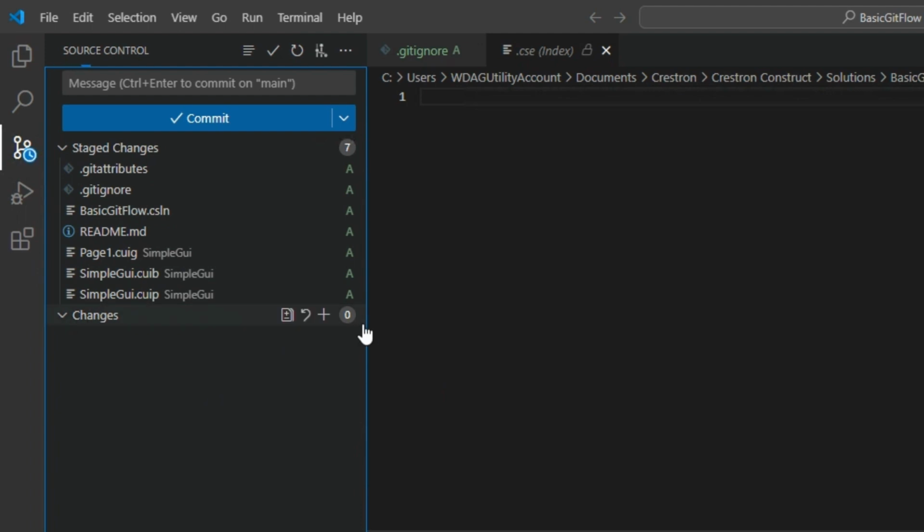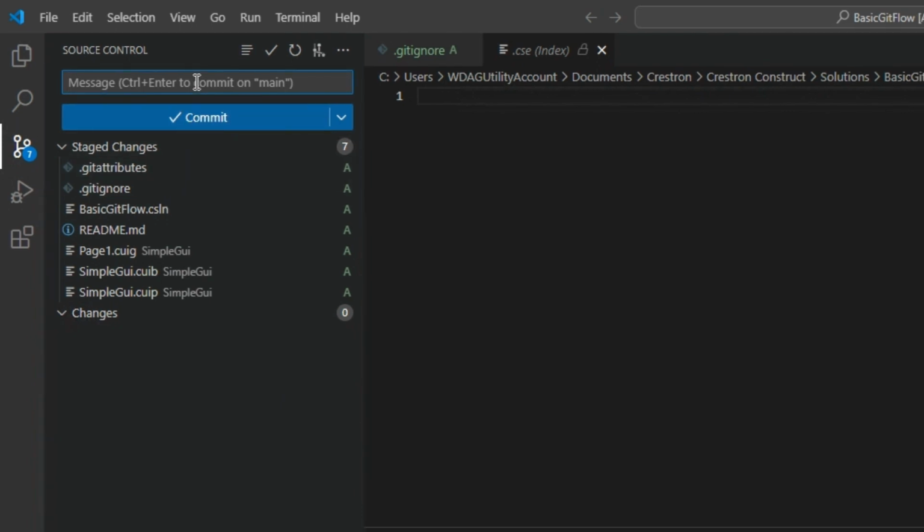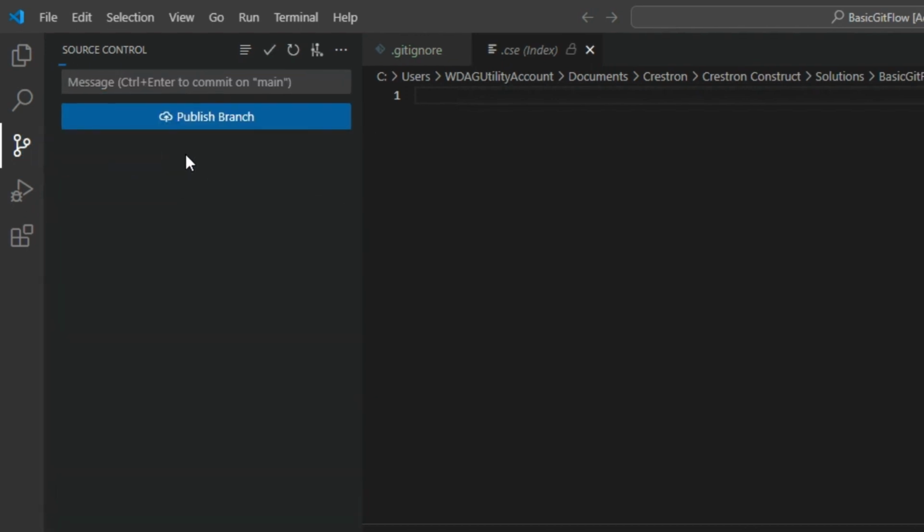And this is a good place to make our first commit. Commit is another way of telling Git, I am good with my work and I want to track it for posterity. So let's commit using the commit button. But before we do that, let's create a meaningful message of the things that we did during this session. And when we click commit, we're going to see all of the files disappear. In the background, what happened is that all of those files moved to the commit area, and now they're being added to the history. And we can see the history using the Git Graph extension,